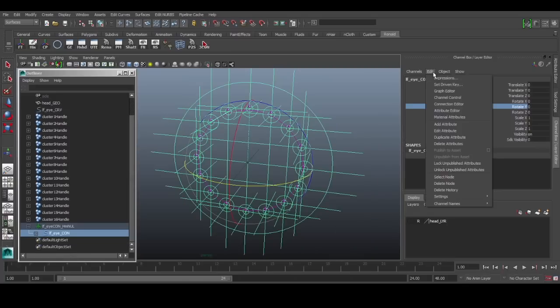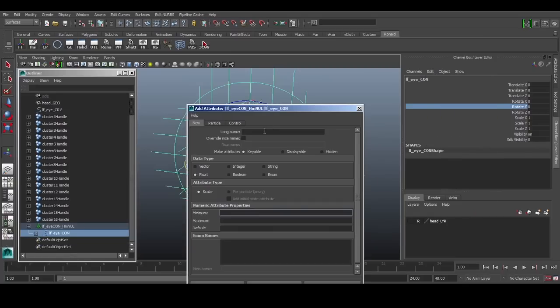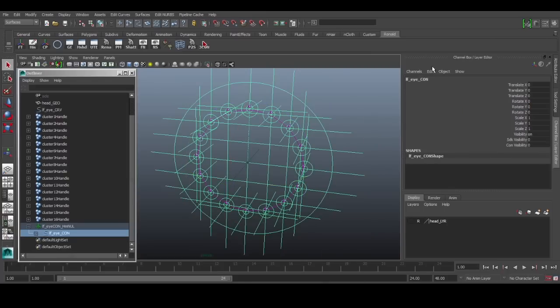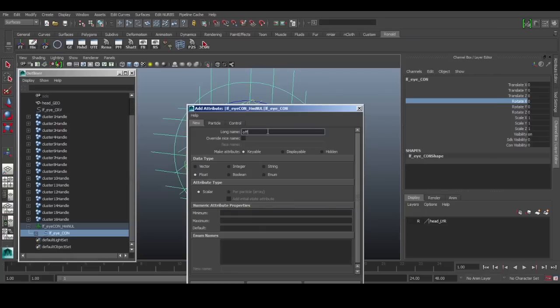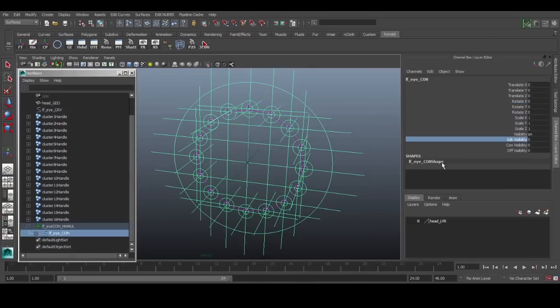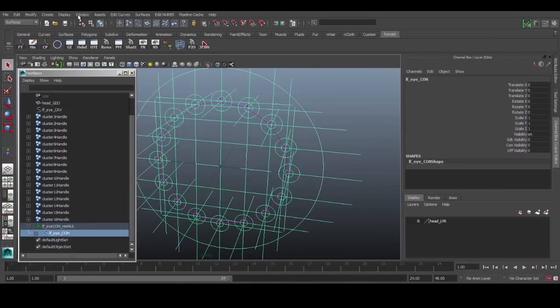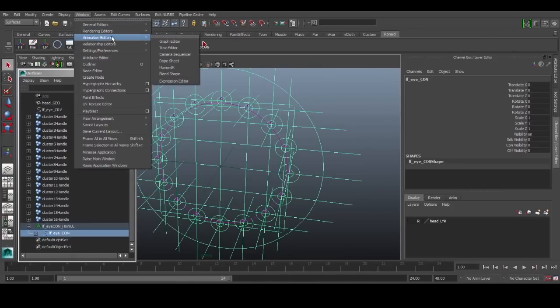Okay, and then we will also add the control visibility, con visibility, 0 to 1. Add. Also want to control the visibility of our offset, so let's add another attribute, off visibility, 0 to 1. And for this, our SDK, we go window, animation editor,